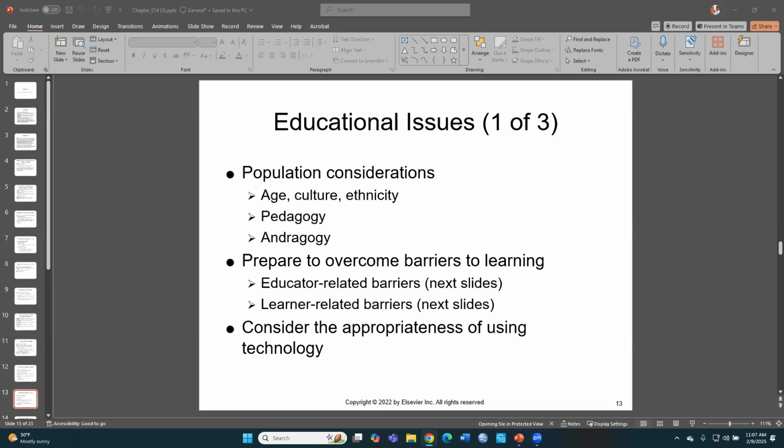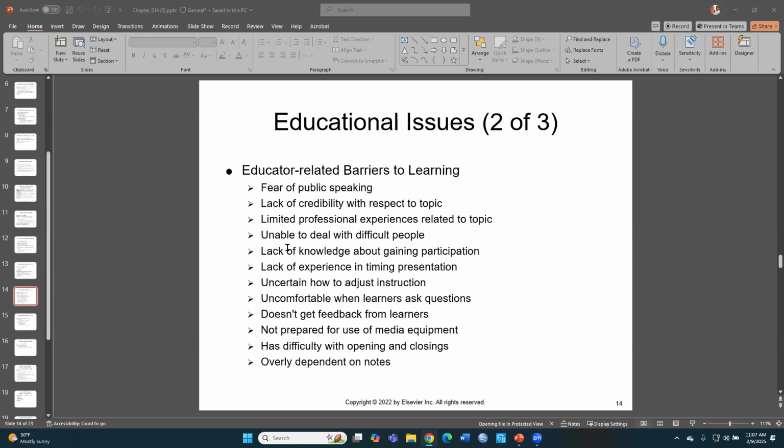And so when we look to overcome barriers, there's barriers with both the educator as well as the learner. When we look at educator related barriers to learning, fear of public speaking. Not everybody likes to get up in front of a group of people and discuss and talk, whether it's live or even via Zoom. Best thing to do for an educator is to try to be as prepared as possible. Maybe use some icebreakers, being able to recognize the